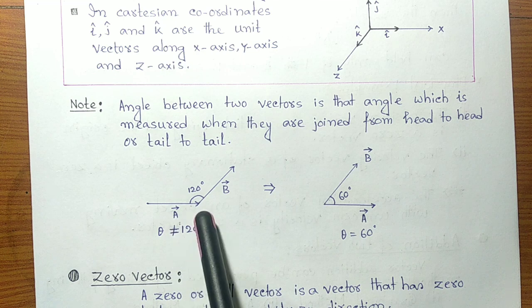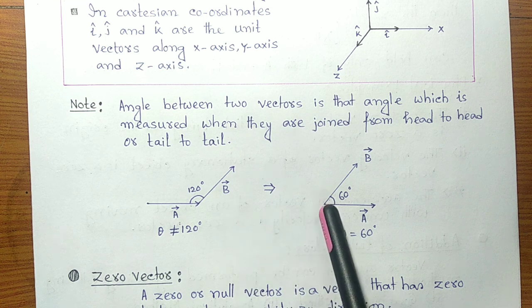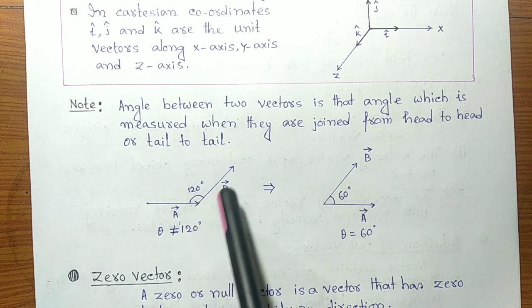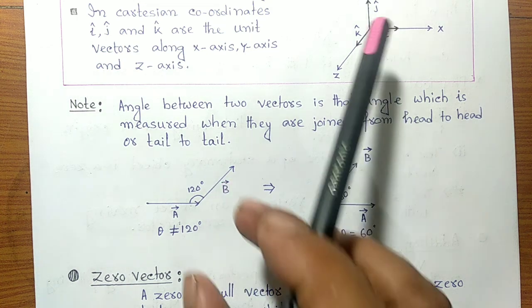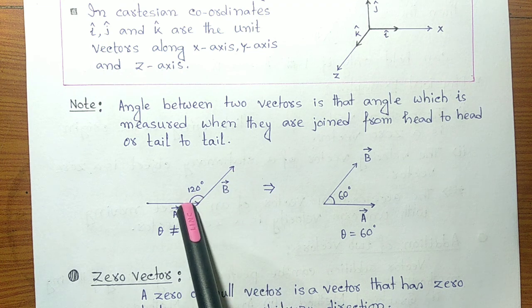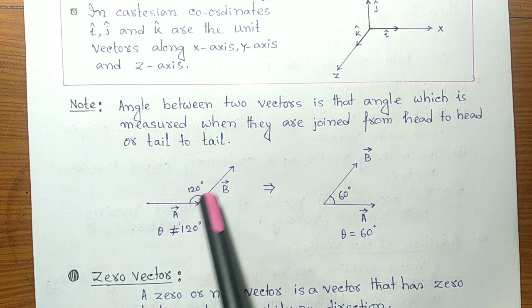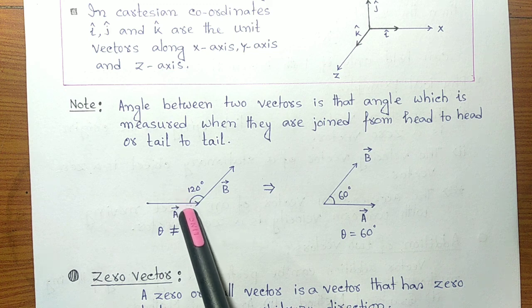The angle between two vectors can also be taken when they are joined head to head. This is tail to tail, where this is vector A and this is vector B. Now if we displace it like that, then this will be the angle between A and B. If the vector is not here but like here, meaning the head of B and the head of A are at the same point, with vector B parallelly displaced, then the angle between them will also be 60 degrees.